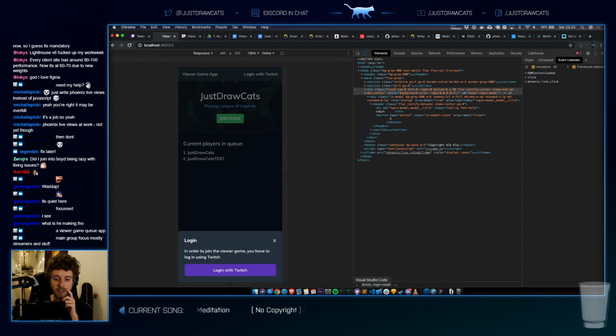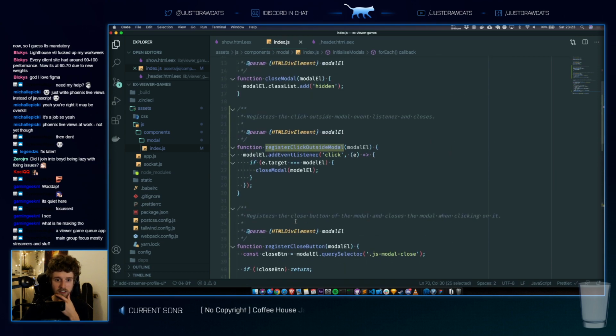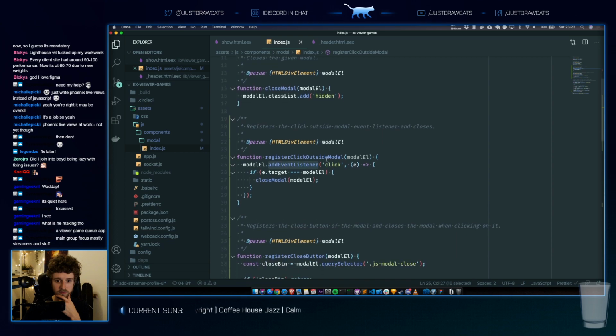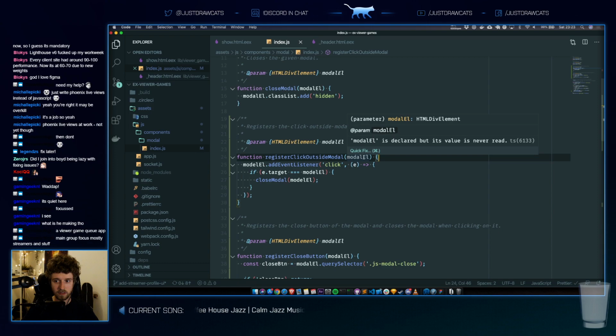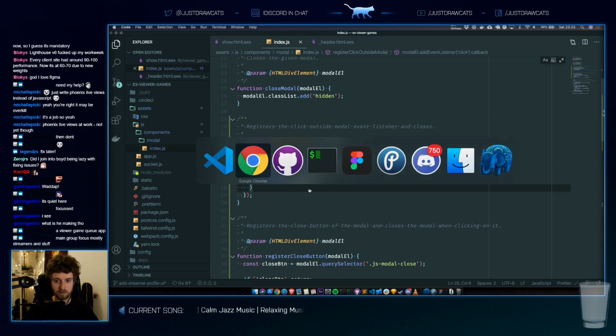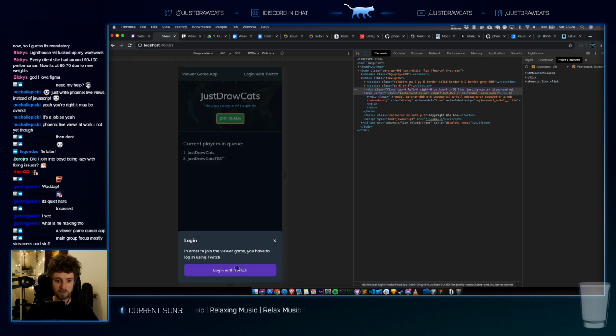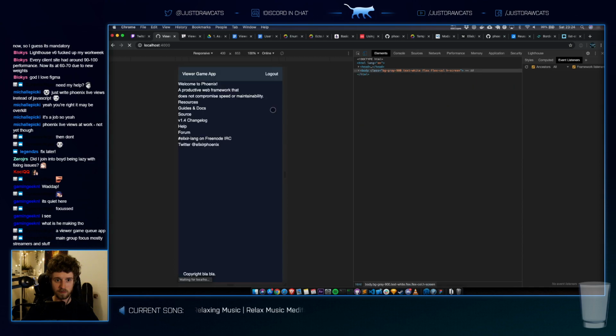Oh, I don't see the click event listener. Modal L is used but never read. Oh, oops, I made a typo. Like how it didn't actually error out. Yeah, cool. Sweet.